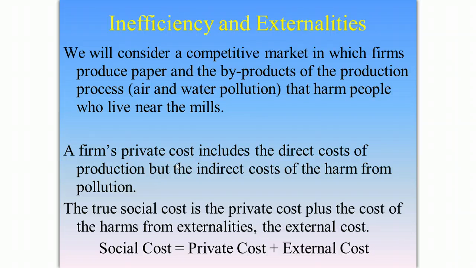But there are also the indirect costs of the harm from pollution. These don't have an accounting cost or an accounting element. They're not included in the firm's measure of profit. So the total cost of making the good clearly includes the cost of the resources the firm uses. If the firm uses raw materials, it pays for them. If the firm uses labour, it pays for it. If the firm uses capital, it pays for it. So it pays prices, wages and interest.